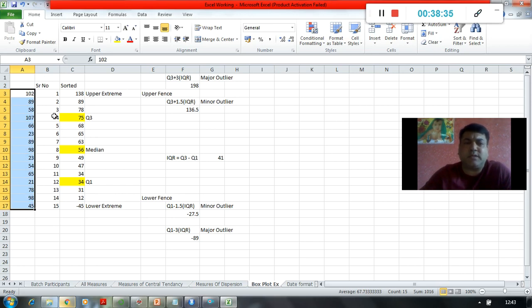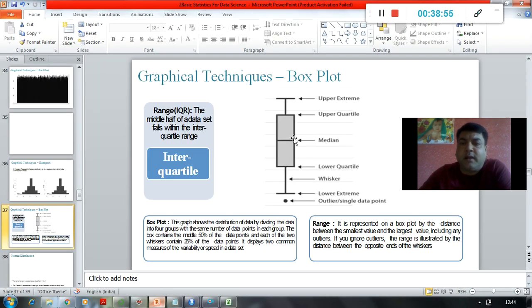We simply want to understand the mathematics behind the box plot and how it works. First of all, we have to arrange this data into ascending or descending order. Why? Because it works on the basis of medians.